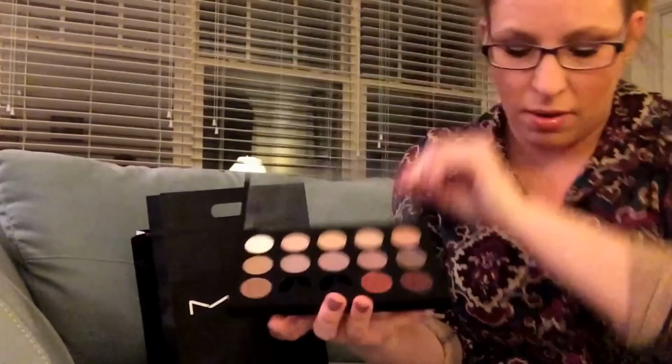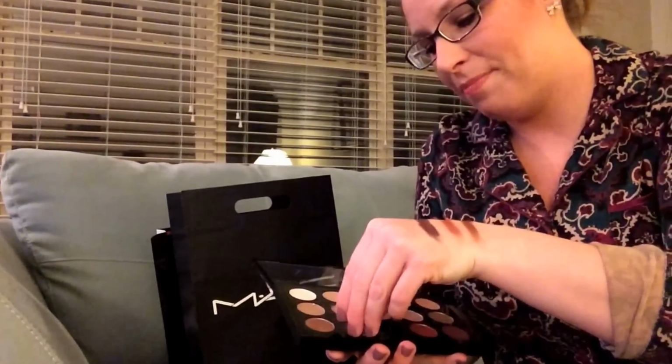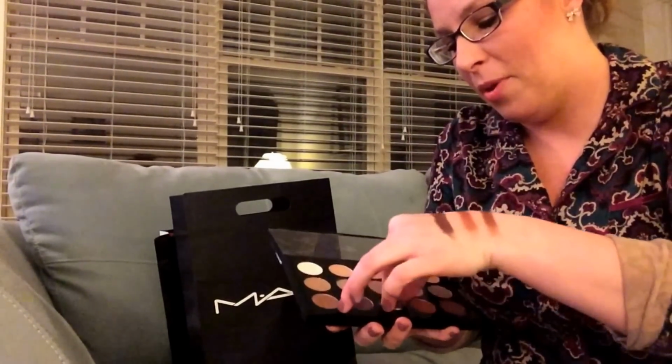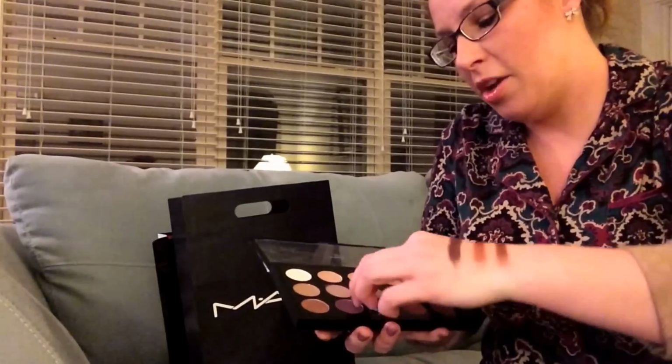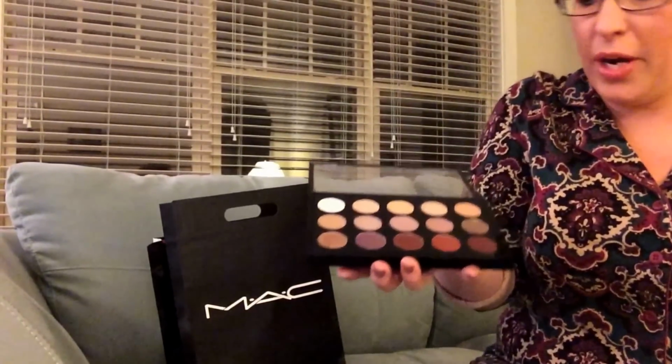So that's my, oh my gosh, this will not stay in the pan. Okay, sorry guys. Oh, I have the whole thing tipped. Okay, that might be why. Anyway, they usually stay in the pan. You don't have to use these little inserts with your MAC thingies. I'm sure you guys are aware. But anyway,